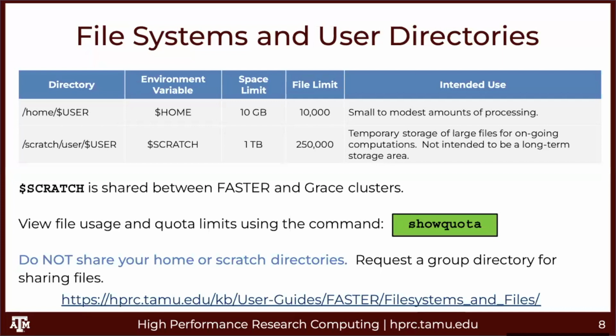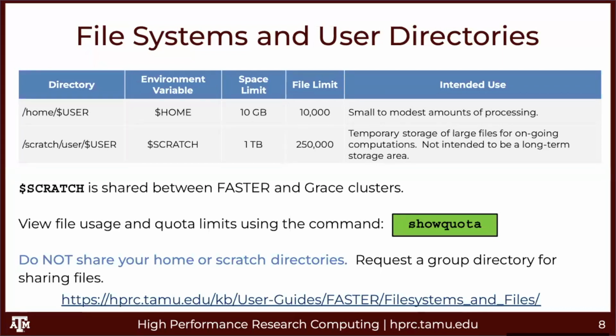So this is the directory where you don't want to run all of your computations and store all the data that takes a lot of space. This is more of the smaller data that is